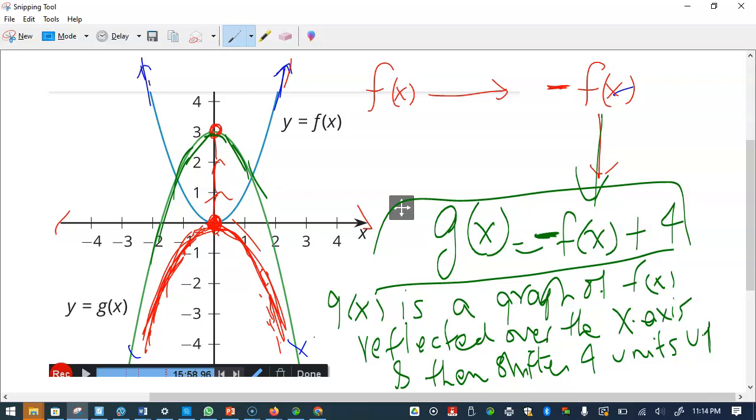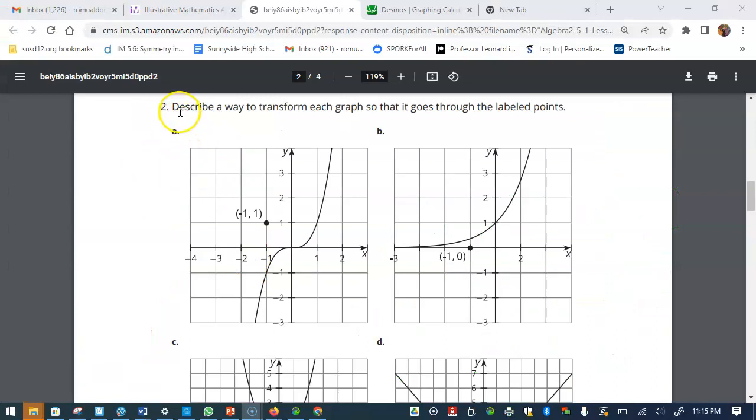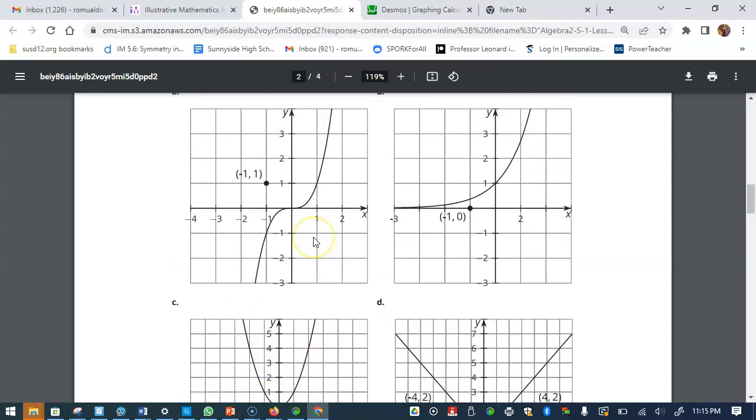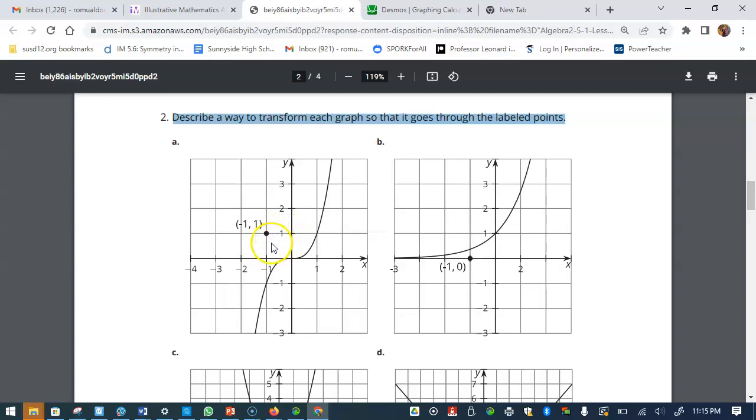Okay. So let's go to the second question, and there are three more questions there. In the second question, describe the way to transform each graph so that it goes through the labeled point. What they gave you is a cubic function, an exponential function, a parabolic function, a square function, and an absolute value function. The question is, what description can make this graph, which you see right here, go through